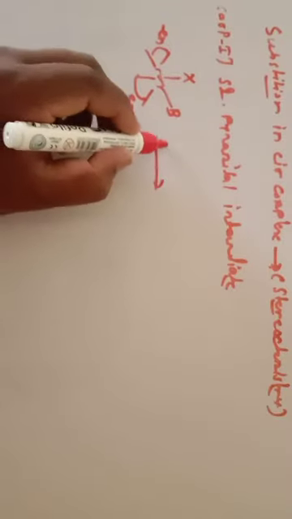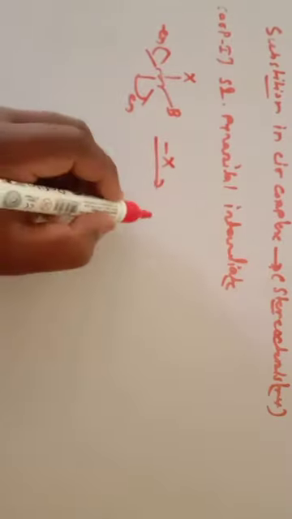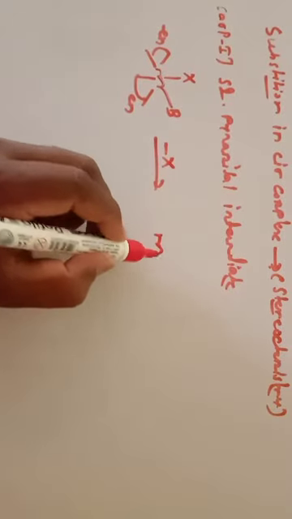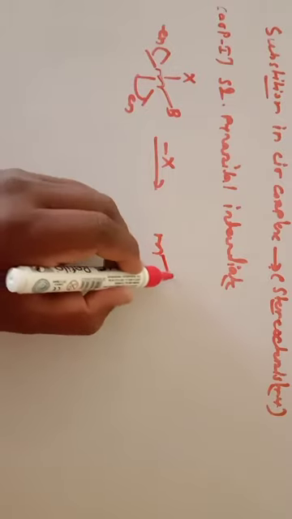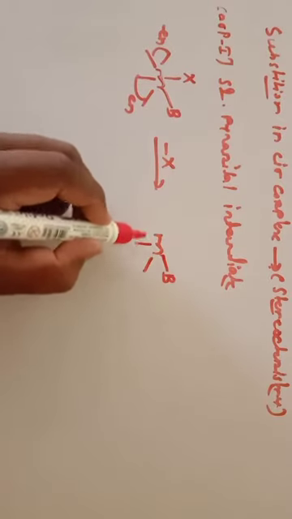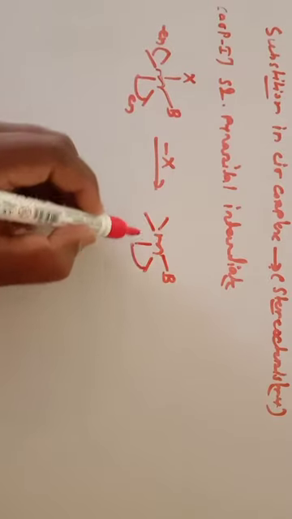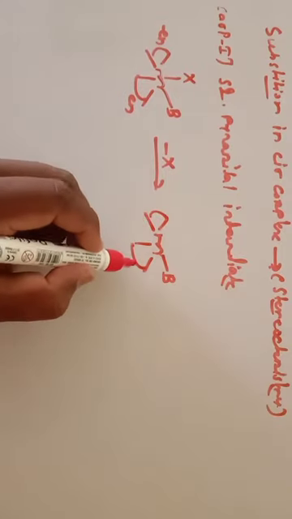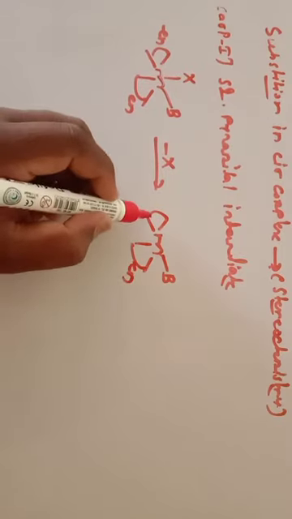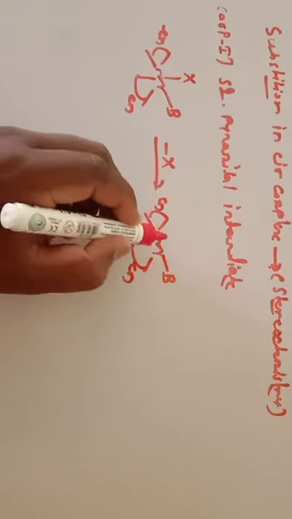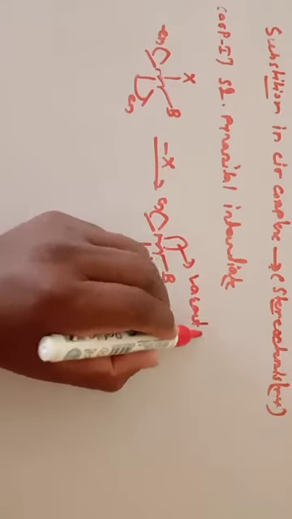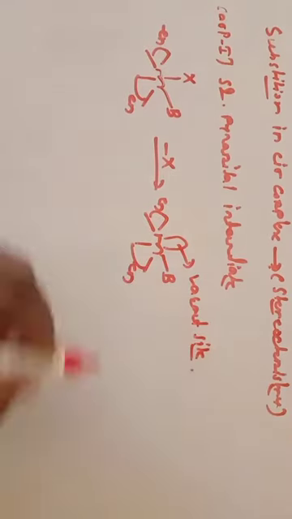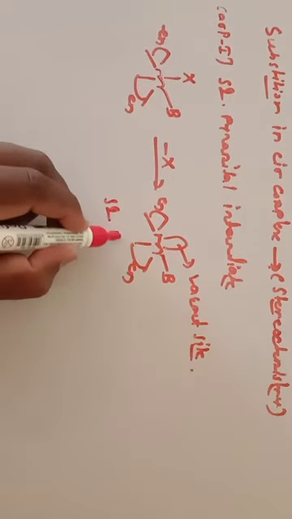After dissociation of this X, we get a vacant site, that is a coordination number 5 intermediate, having square pyramidal geometry, and this is your vacant site. So this is your square pyramidal intermediate,